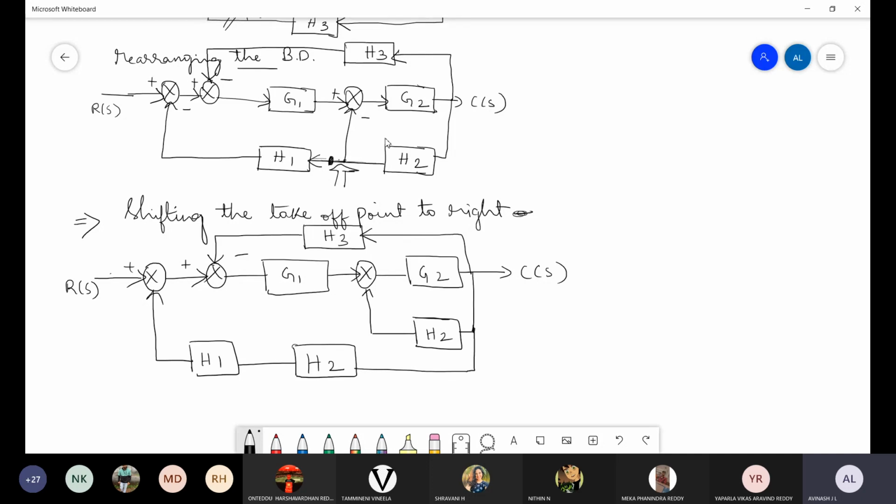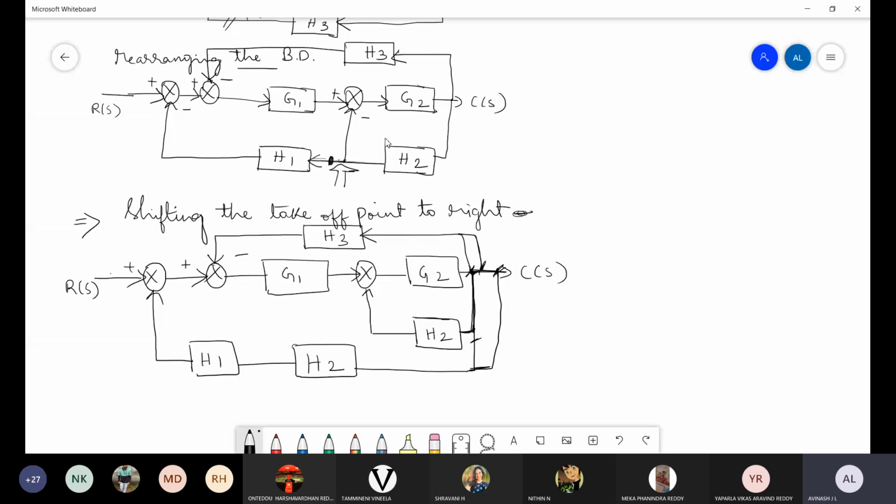Now I can do another thing here also. See, this point and this point, these 3 points are in the same position. I can make it in a line for my purpose. So this particular line I will try to connect here. There is no problem, same thing only. This point I will connect here, and this one I will connect here. So 3 points: point 1, point 2, point 3.